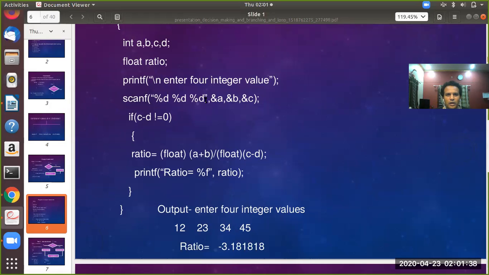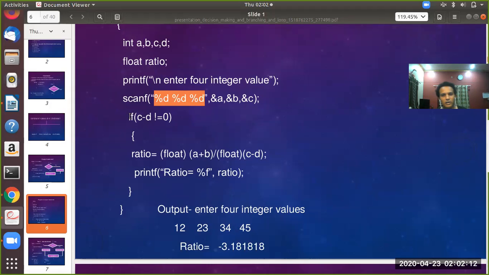not present here. However, it is good because I can tell you with stress that there are 3 %d here, and it is supposed to be 4 %d because we are reading values for 4 variables, because we have taken a, b, c, d. Now %d for a, %d for b, %d for reading c, and one more %d should be there if we are reading a value for the d variable also, and &d should also be there.